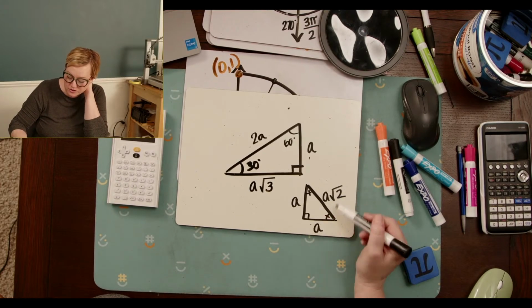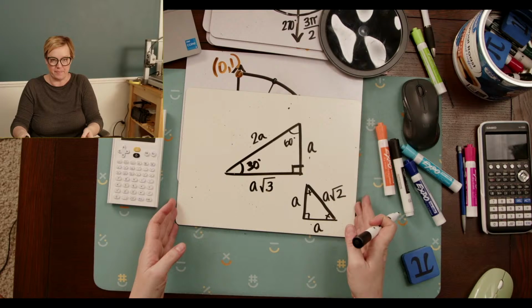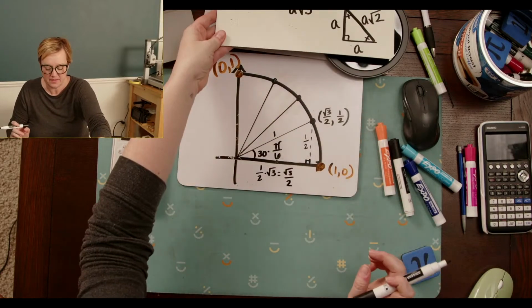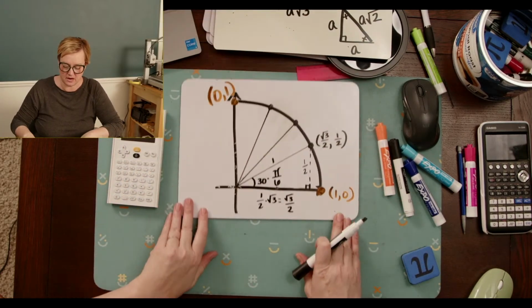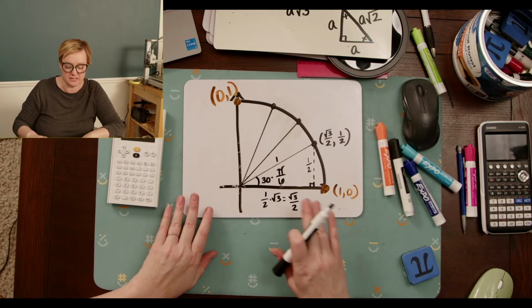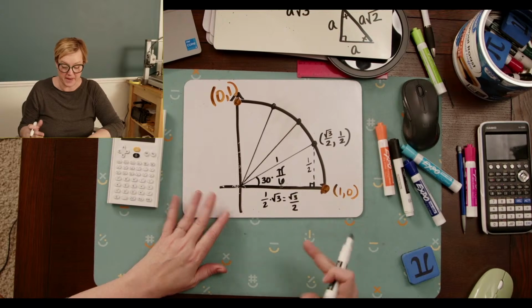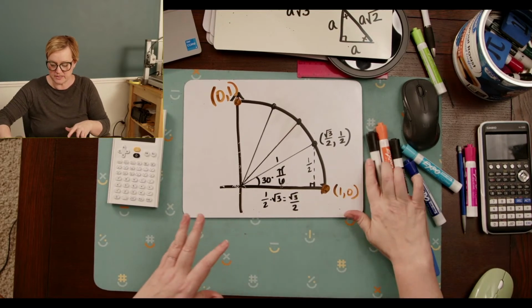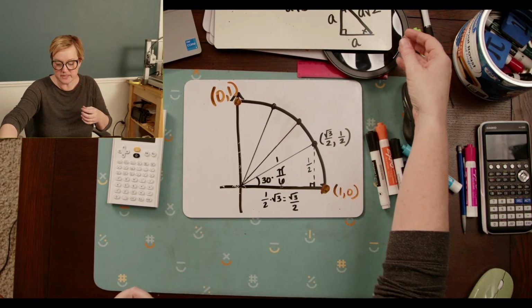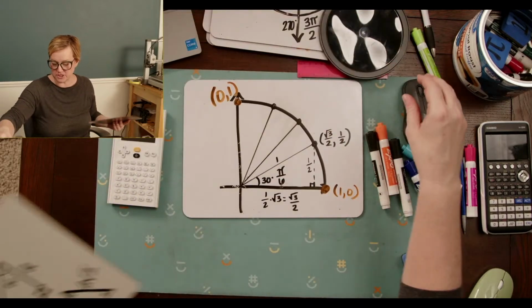So the special right triangles here, that is what these are all based on. That's what this whole unit circle is based on, these special right triangles. So we've got this pi over 6. Somebody was asking what the trig ratio would be for using the unit circle. So using the unit circle for the trig ratios